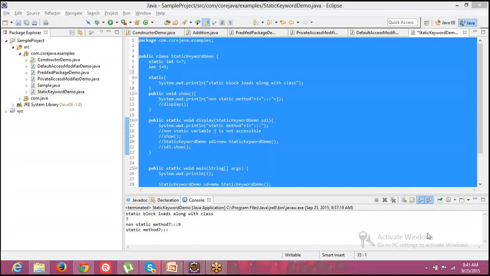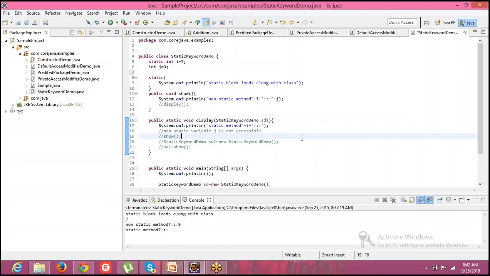Are we on the same page? Tomorrow and day after tomorrow, we will not be having a session, and again we will be meeting on Sunday night, that is your time. Meanwhile, you can practice these programs and go through that website. Please try to go through that website also. That is my sincere suggestion, and you can practice as many as possible. So that's all for today.